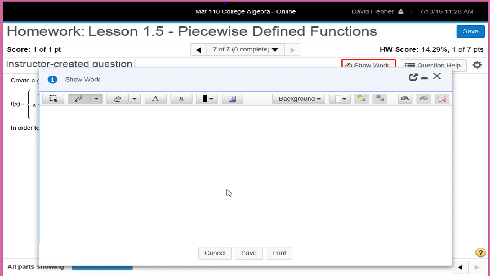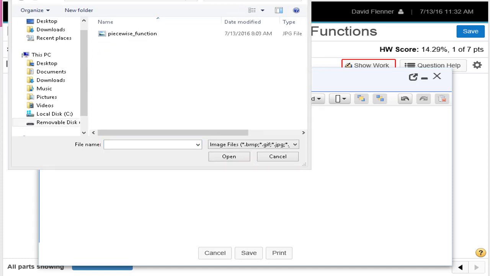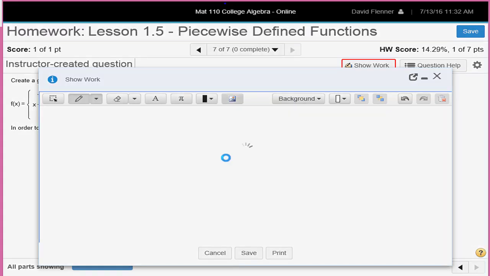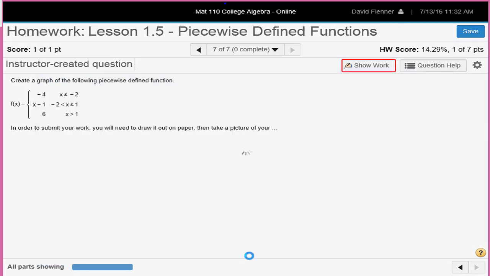And you can hit this button here, which allows you to insert an image. So you just have to take a picture on your phone, email it to yourself so you can download that picture on your computer, and then you can upload it here. So let me find that file and I'll upload it. Okay, there's the one I did earlier today, and it will just insert that picture into your work here. Then hit save,